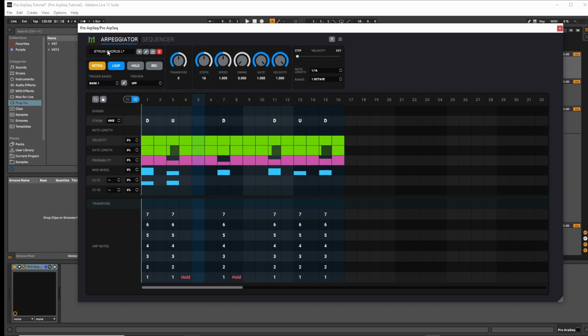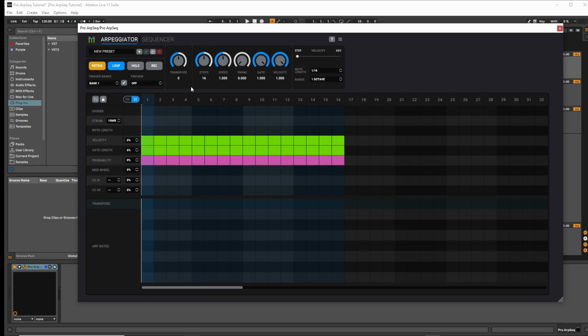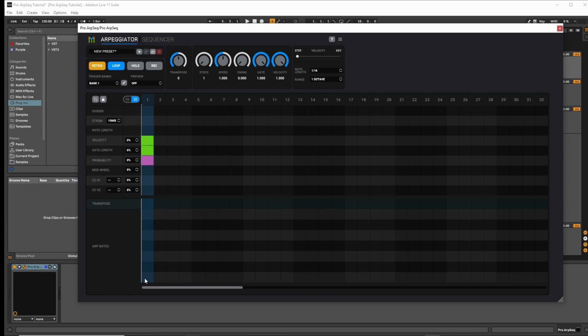So I'm going to set a brand new preset. I'm going to set it to 1 step and show you the simplest of all. You can essentially specify what note is going to be played. Note 1, note -1, basically determines where it's going to play. It's going to play the first note